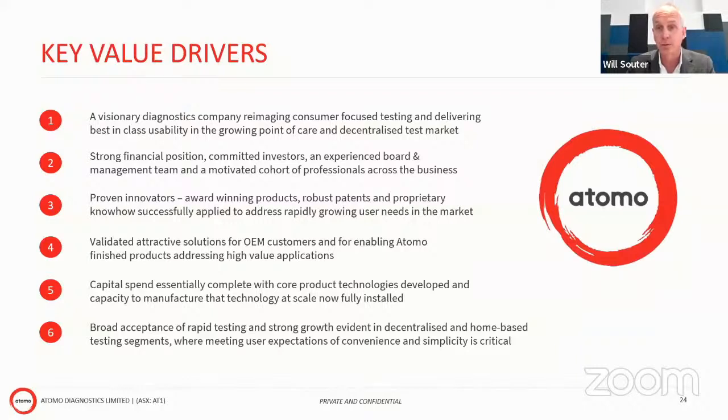We've substantially installed our capacity for production, so we're now able to do up to 18 million units of production a year. So our capital spend is largely complete. Funds from IPO were deployed to do that. And I think the other significant change as a result of the pandemic is that the market has accepted rapid testing as something that can be done in a home environment and in a decentralized setting. And I think everyone on this call has probably done a rapid test by now. I'll be very surprised if they haven't, whereas 2 or 3 years ago, it was less common and less well